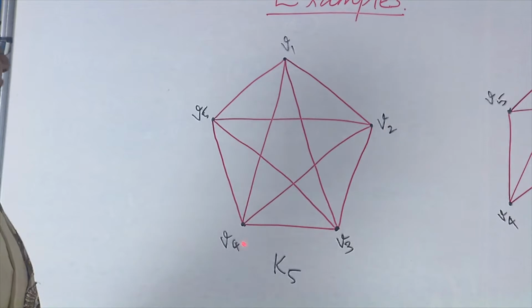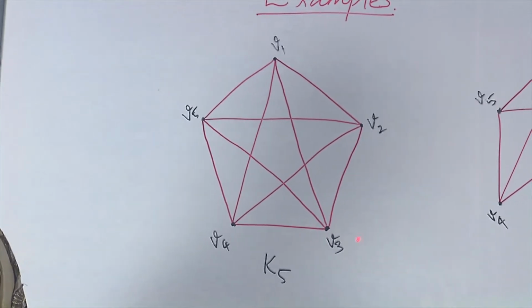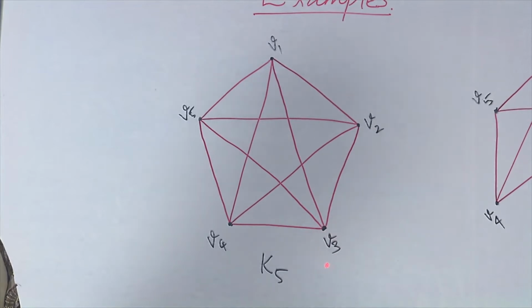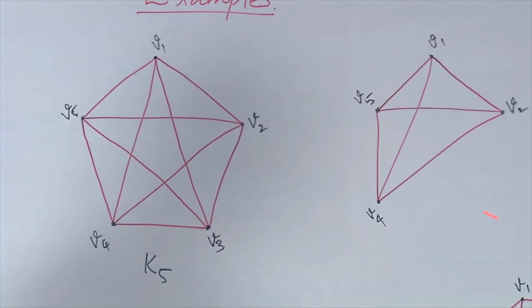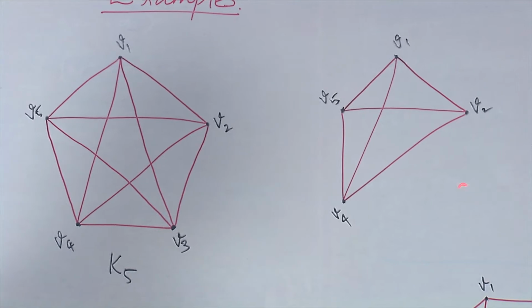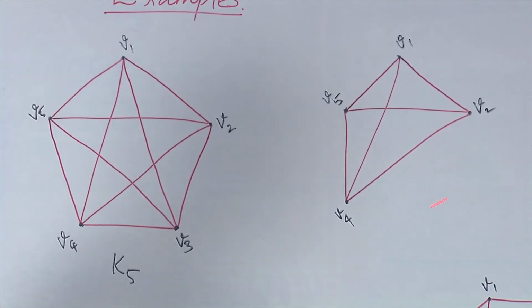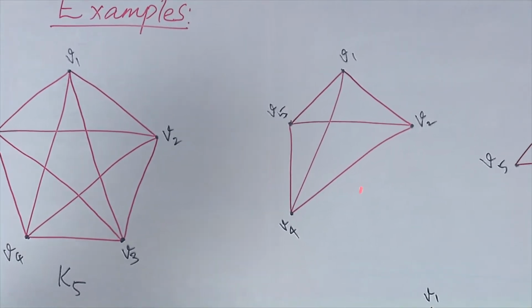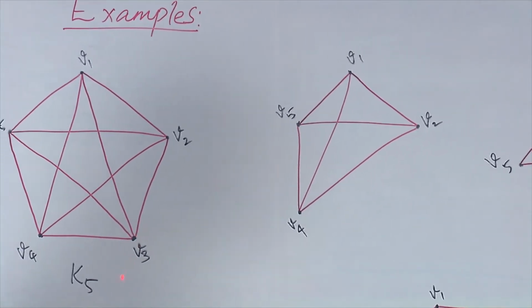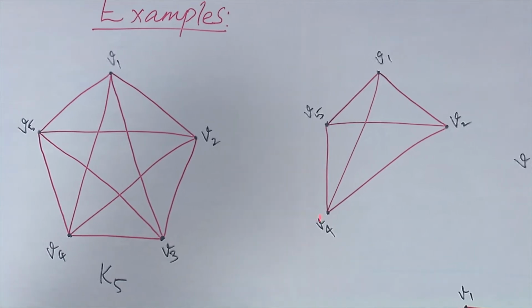Here, as you can see, the degree of every vertex is 4. So removing a single vertex is immaterial of its labeling. First I remove the vertex v3. The removal of the vertex v3 means you have to remove this vertex and all the edges incident on v3. So this results in this graph without v3 and its incident edges. This graph is also connected, as there exists a path between every two vertices. So removal of this vertex alone does not result in a disconnected graph or a trivial graph.